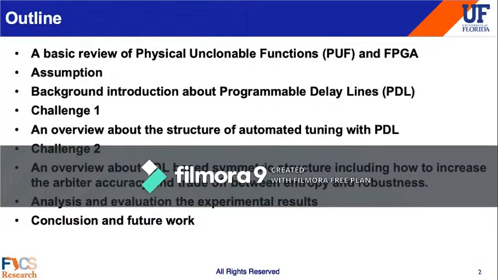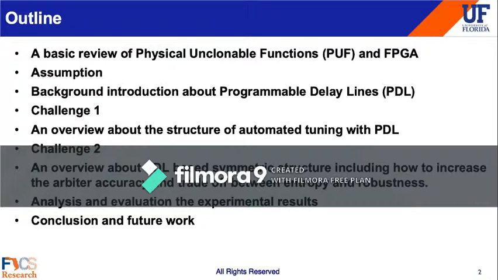I will give a basic review of physical unclonable functions, as we all know as PUF, and FPGA. Then I will present the assumptions for our paper. Then I will give an introduction of the background of the programmable delay lines. Then I will introduce challenge 1 and the solution for that, an overview about the structure of automated tuning with PDL. And then I will introduce challenge 2, its solutions, and an overview about the PDL-based symmetric structure,